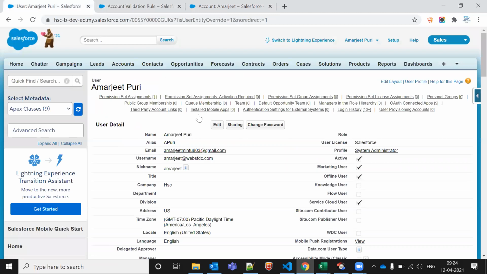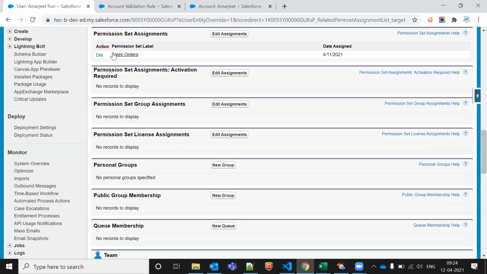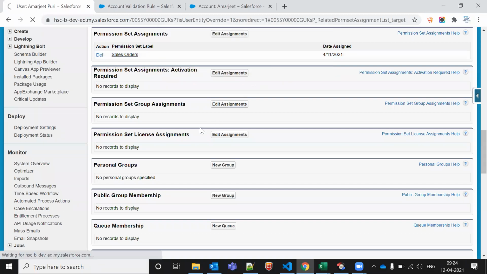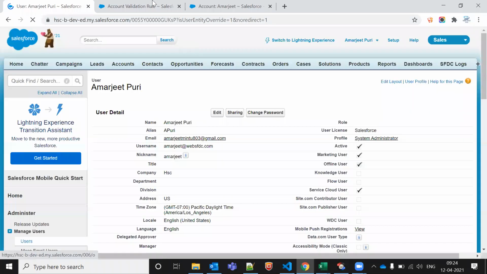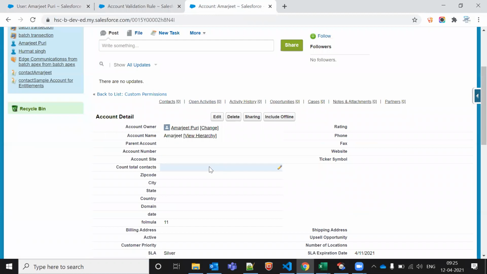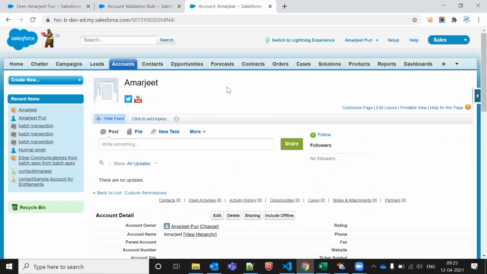So let me do one thing again. Let me delete this, or we can remove this. So now if I edit it again and save again, then it won't throw an error message.